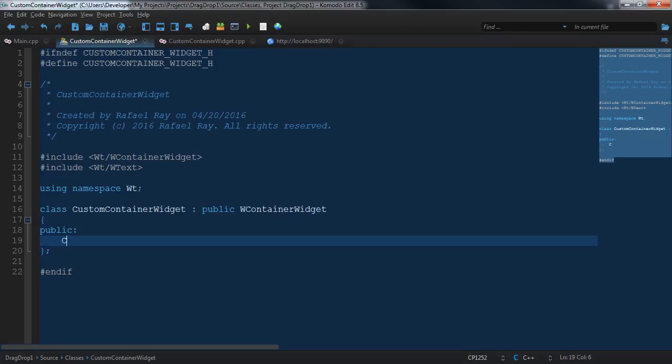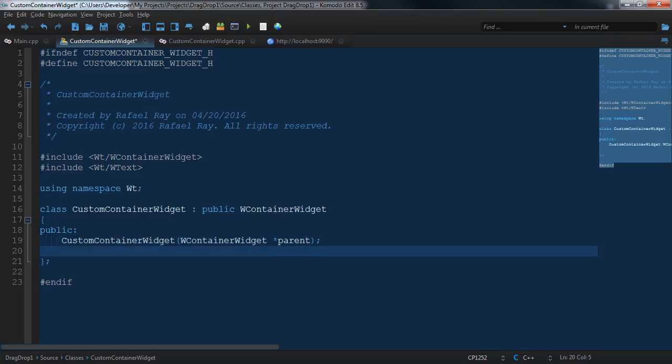Alright, custom container widget. And notice what we're doing right here. You can see we have the constructor, and if we bring up the documentation,